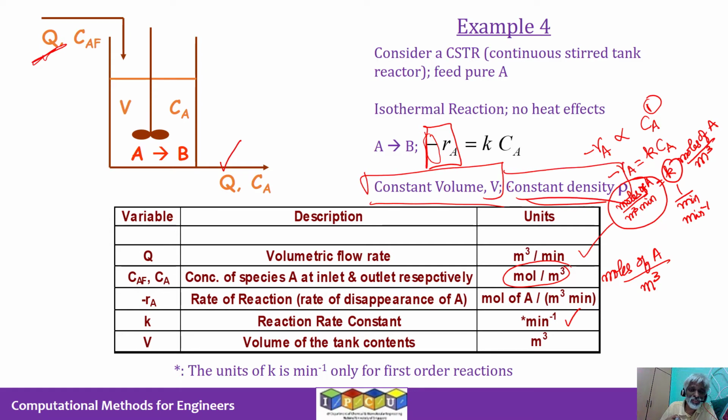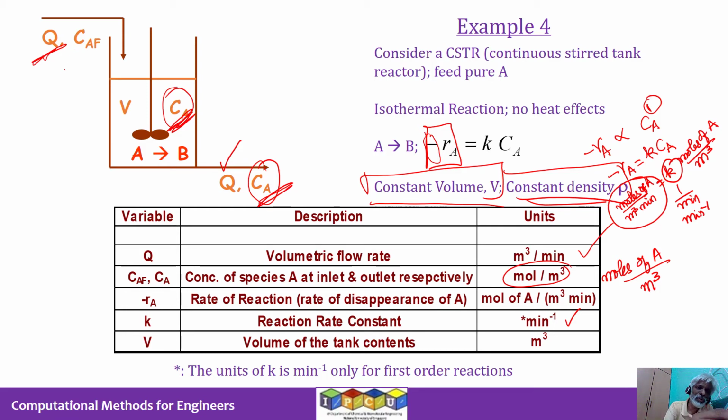Now, the exit stream has a concentration CA, which is the same as the concentration of A inside the tank. As we observed in previous examples, because of the well-mixed condition of this vessel, in this case the reactor, the exit concentration will be the same as the concentration of the vessel contents. Therefore, we have the same symbol for the reactor contents as well as for the exit stream. So in a nutshell,